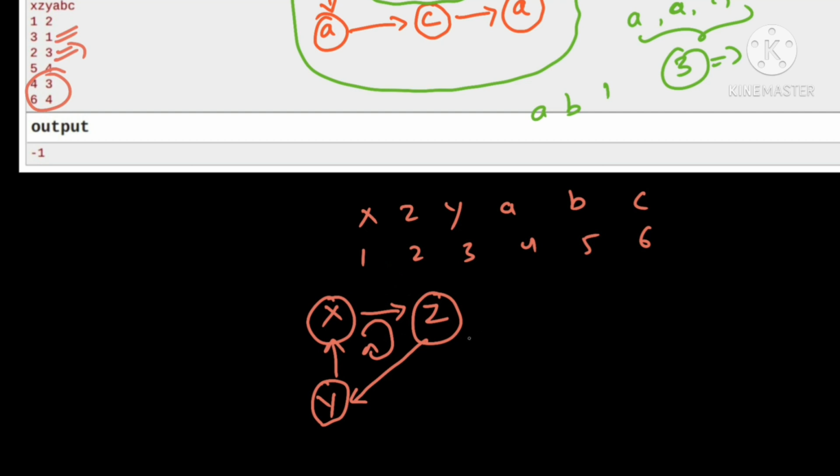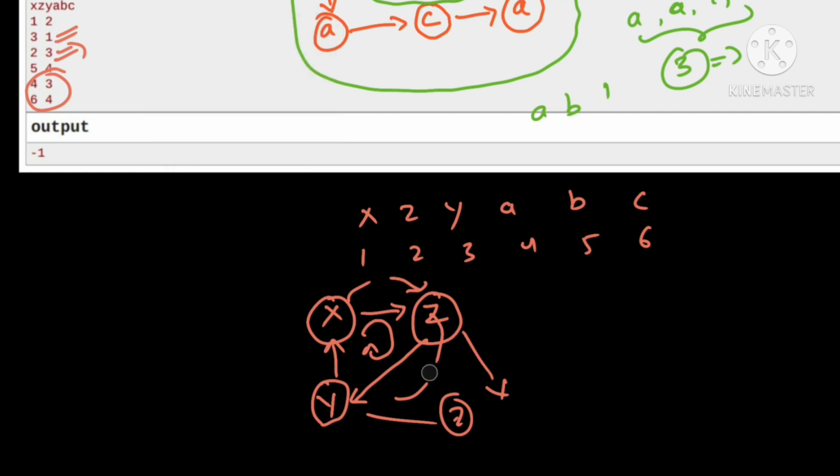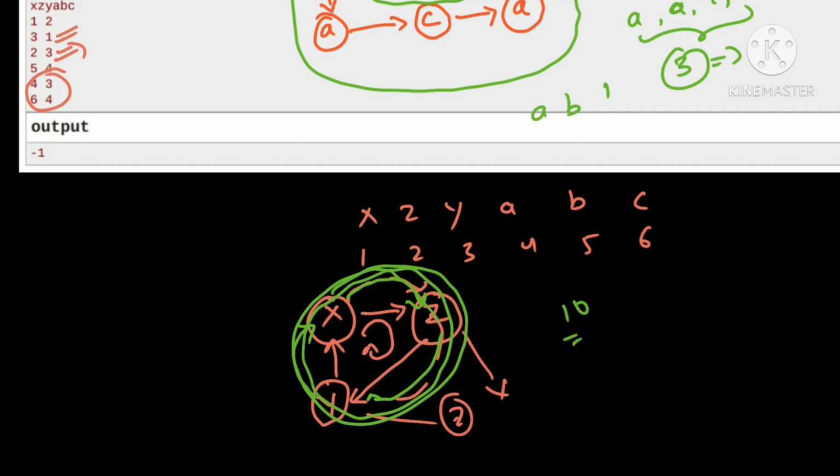For example, say this is connected to some y and some z. If you enter this path once, x will be connected to z. You will be traversing like this only. So x will be connected to z, z will be connected to y, and y will be connected to x. Again you will traverse in this same loop again and again, so that if you traverse 10 times, the frequency will be 10, because you come across 10 x's or 10 z's or 10 y's. So it depends how many times you traverse. If you traverse infinity times, the answer will be infinity. That's why it is arbitrarily large, and that's why they ask you to print -1 for this kind of case.